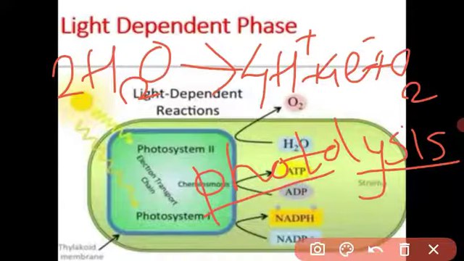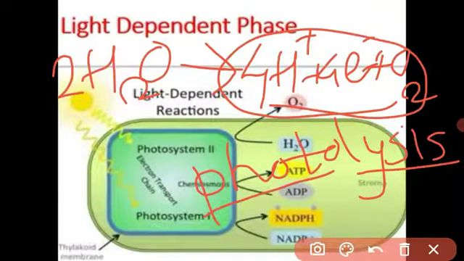Got it? What happened in the light dependent phase: first is the activation of chlorophyll, second is the splitting of water. The water is split into 4 hydrogen, 4 electrons and O2. These end products of photolysis, then the process goes on continuously. First step: activation of chlorophyll. Second step: splitting of water. And the third step: these three byproducts react with another product.